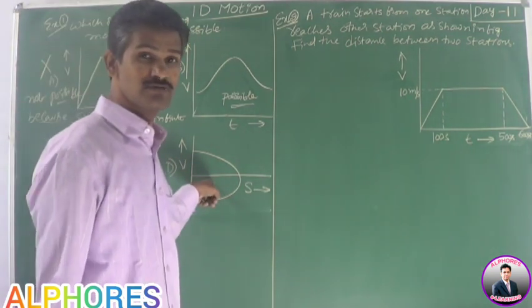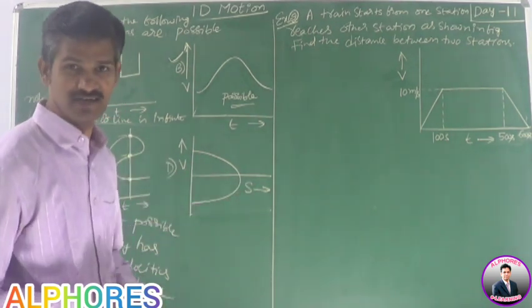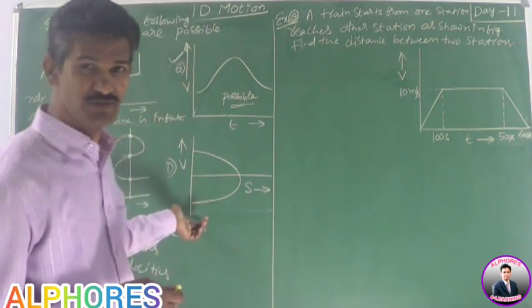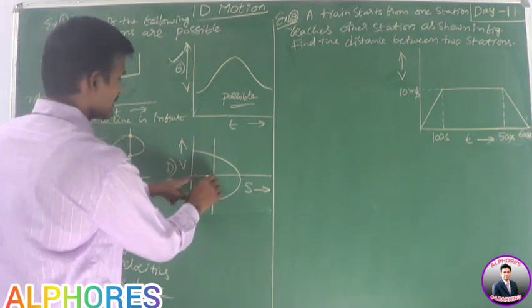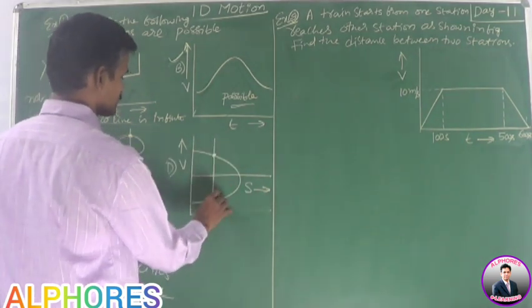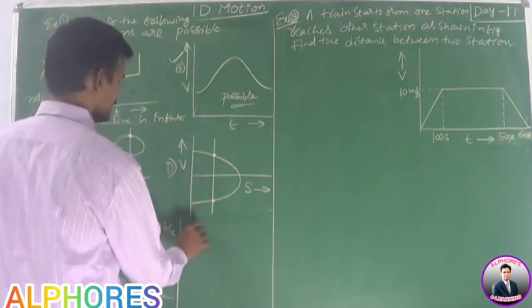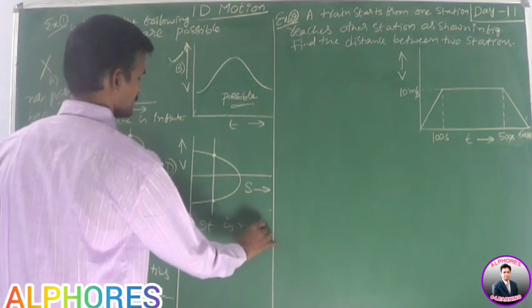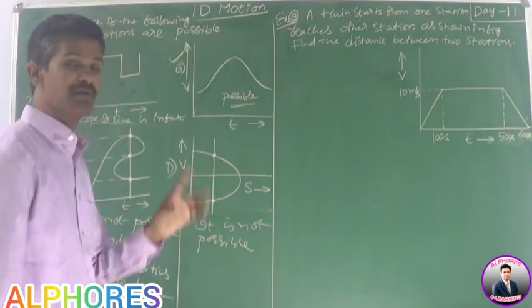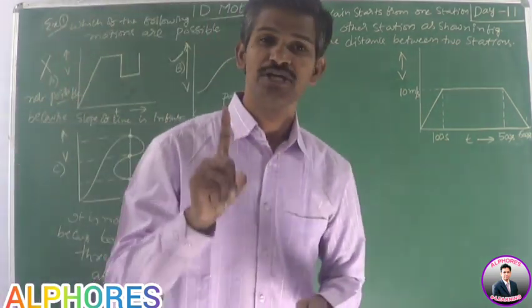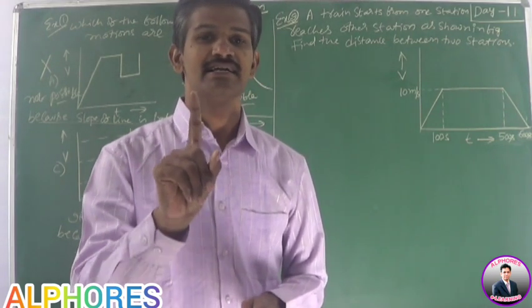Now, this was asked in 2018. This is the graph. This is a velocity displacement graph. Is it possible or not? Now you say whether it is possible or not. Yes. At this displacement, displacement is 1, but velocities are 2. So it is also not possible. Same reason: it has 2 velocities for a particular displacement. So a single body should have a single velocity for a single displacement and a single time. Okay.